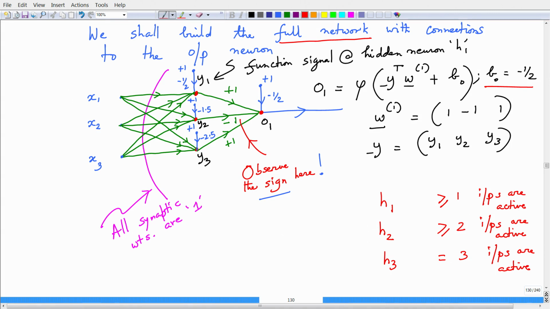Okay. So, with this picture in mind, we can extend this network for a general n variable XOR problem, and this is left as an exercise to the student or the reader to figure out. This is pretty straightforward.